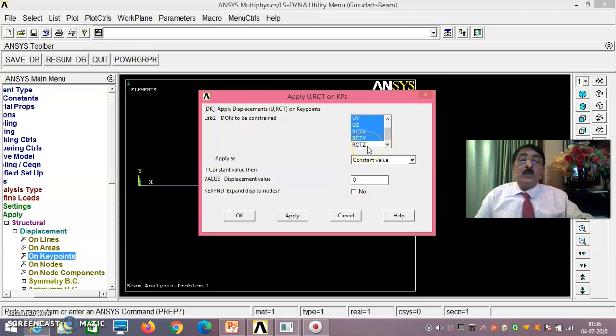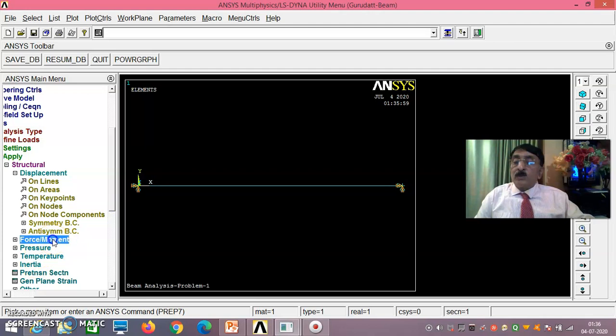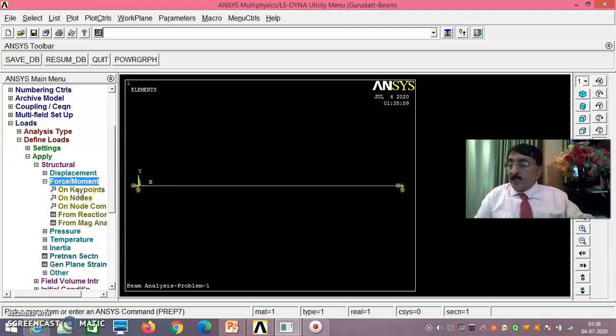Rotation Z should be open. It should not be made to 0. Then you say OK. Okay, rotation Z. That's why when you load it here, we'll get the clear bending. Okay. Now once you do this, force moment you take on key points,